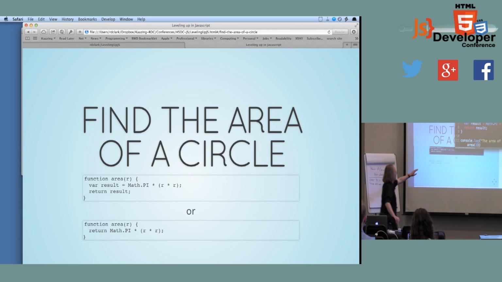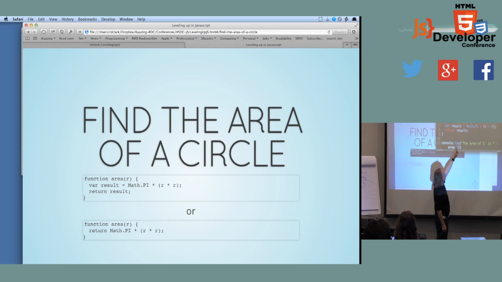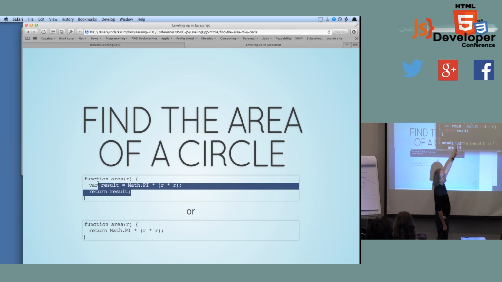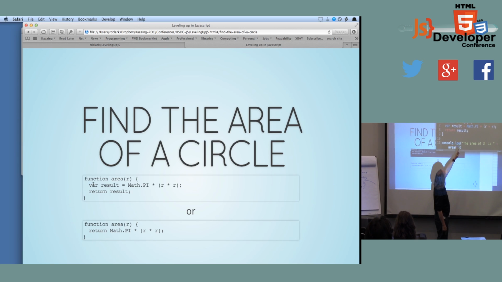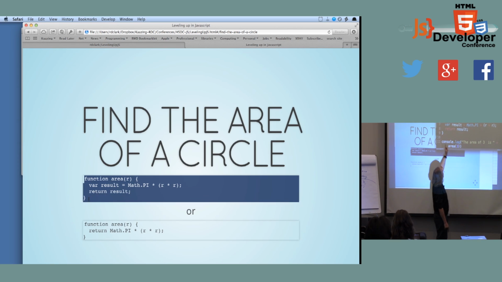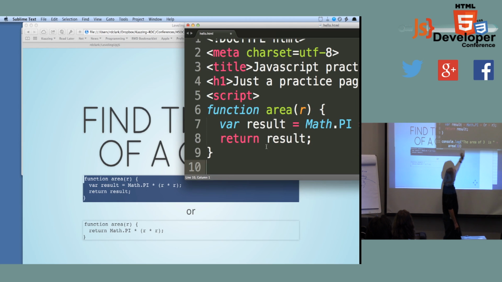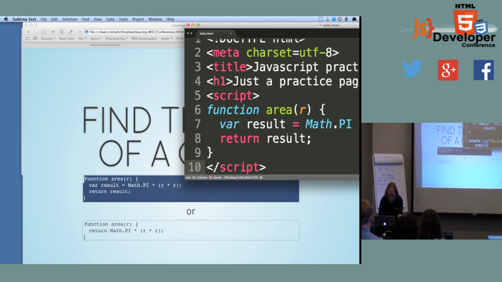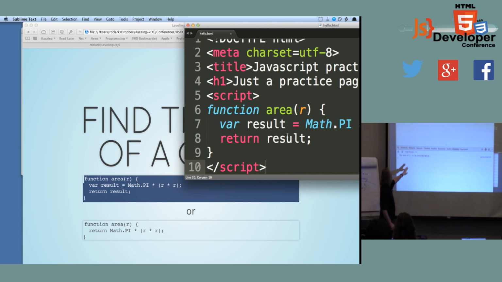So when I say area parenthesis 3, I'm saying run the area command, run the area function, take the number 3 and pass it in as an argument. That number 3 gets connected to the value r there, so now r is equal to 3. I do the math, and it takes that result and gives it back to me. Returning the result says give it back out of the function here, and then that number is put back here and combined with the string. So let me run that. And it says the area of 3 is 28.274 and runs on like that.